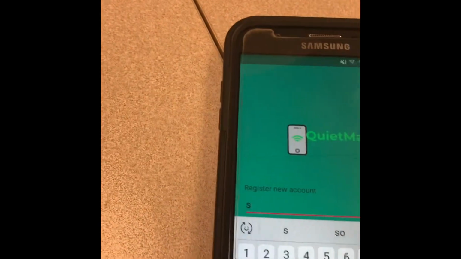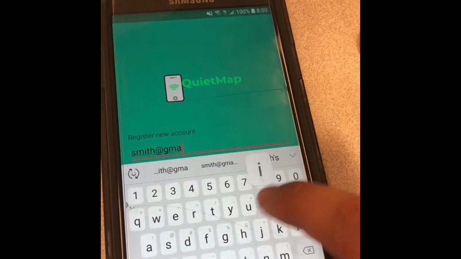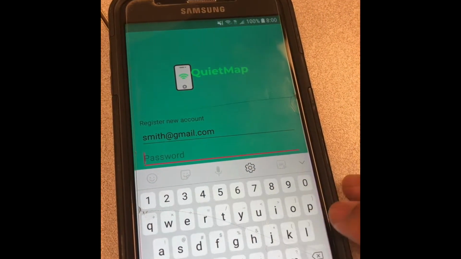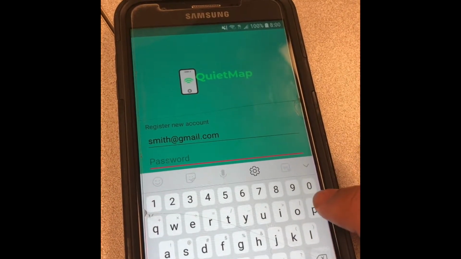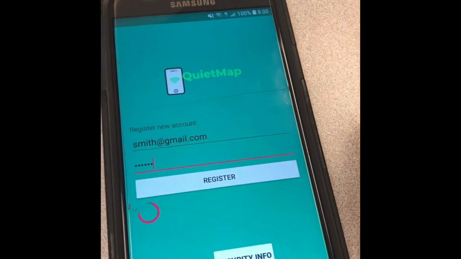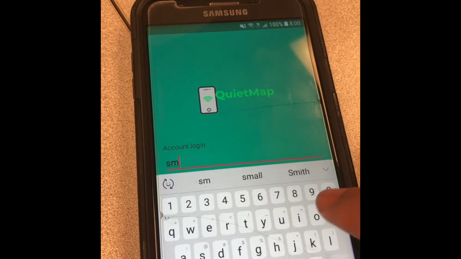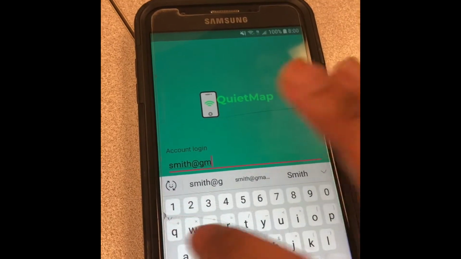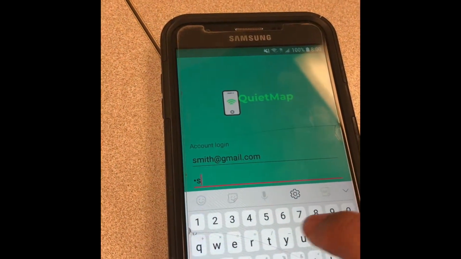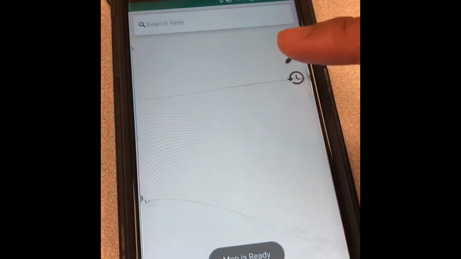and we're going to make something called Smith at gmail.com, and then have the password be FSU 123. As soon as we click register, it's going to say registration successful. It takes you immediately to the account login. Then we say Smith at gmail.com, FSU 123, and click login. This is going to say login successful, and it's just going to take us to our